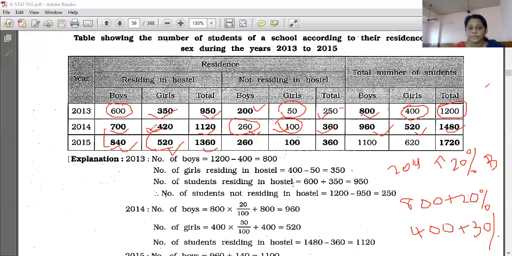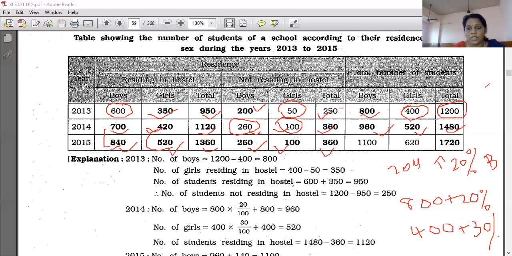अगर सपोज इधर इसमें भी ऐसे ही कहा है कि न्यू स्टूडेंट्स अगर 2014 में 700 थे और उसमें 140 ऐड हो गया तो 840 हो गया जब 2015 में, और गर्ल्स में 420, एंड व्हेन दे केम टू 2015 एट दैट टाइम द टोटल नंबर ऑफ गर्ल्स वर 100 ऐड हो गया तो 520, राइट? और नॉन रेसिडिंग में कोई चेंजेस नहीं आया, बस जितने 2014 में जितने स्टूडेंट्स थे ना, द सेम स्टूडेंट्स वर देयर इन द year 2015, so 260 and 100 will be the same and 360 total, right?